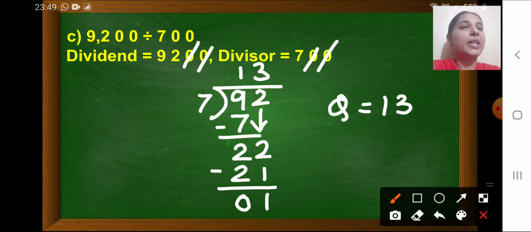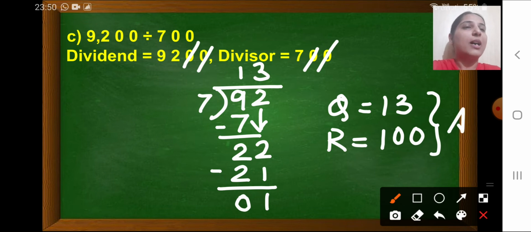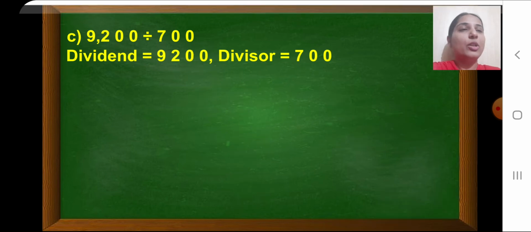Quotient is 13. Whereas what will be the remainder? Remainder will be 1. And again, as you remember, last class we discussed, to write the remainder, what do we do? We again add those cancelled number of zeros back to the remainder. So how many zeros did we cancel? 2 zeros. Those 2 zeros again we will add to the remainder to get the answer. Okay, children? So quotient obtained here is 13, whereas remainder is 100.